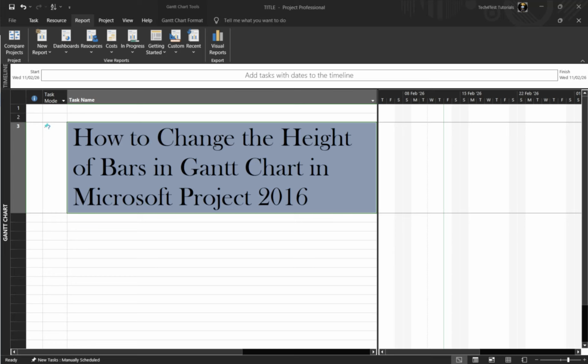In today's video, I'm going to teach you how to change the height of bars in Gantt chart in Microsoft Project 2016. If your Gantt bars look too thin to read comfortably or too thick to fit enough tasks on the screen, you can quickly adjust their height using a built-in layout setting. This change is purely visual, so it won't affect any task data, dates, or durations, only how the bars appear